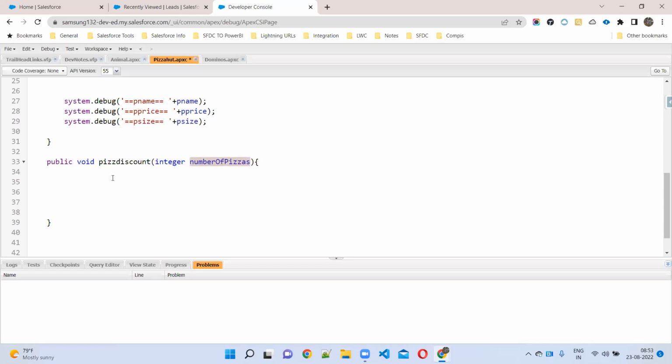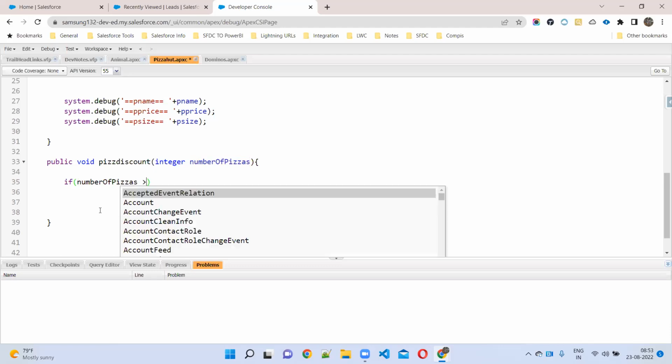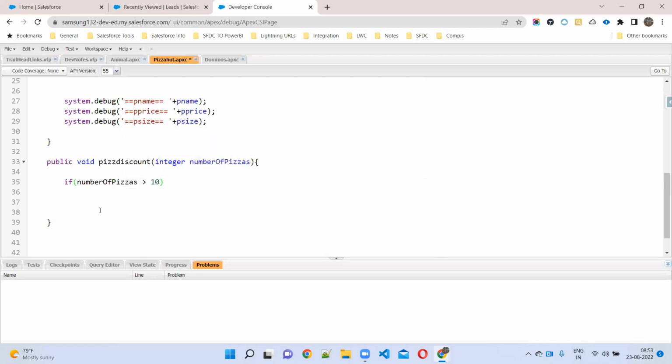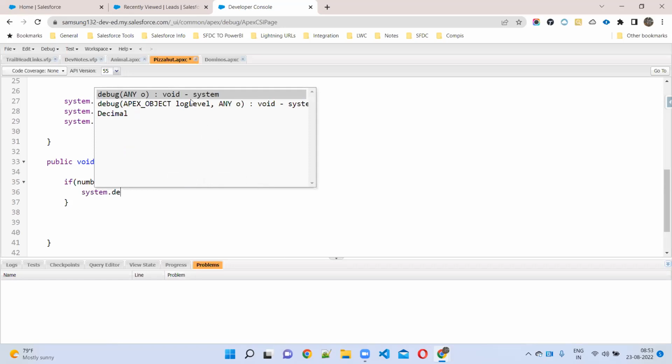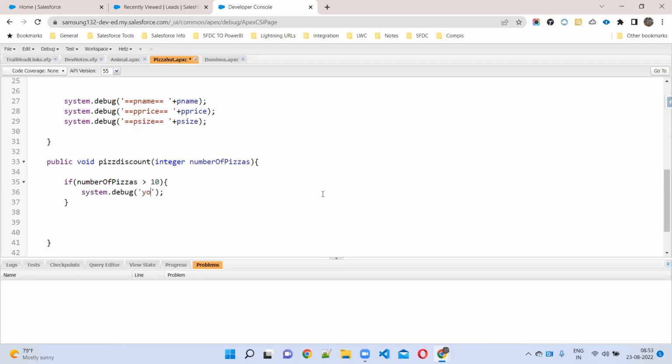I just want to print a simple debug statement. If the number of pizzas is more than 10, then what should we do? Discount. I'll print a simple message. System dot debug: You will get a 10% discount.